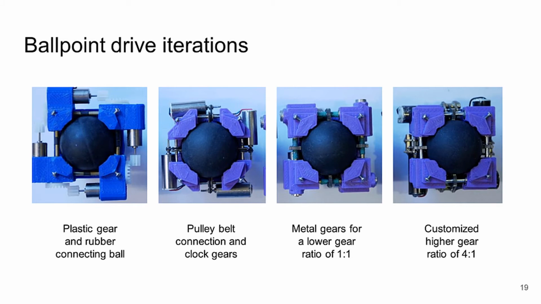From left, you can see the early version with plastic gear between motors and rollers and the rubber connecting ball between roller and the surface contact ball. The second example uses pulley and belt connection between motors and roller. Then we move towards using metal gears between motors and roller for a lower gear ratio of 1:1. Then we optimize the gear ratio to 4:1 to achieve a higher gear ratio and customize our systems for better